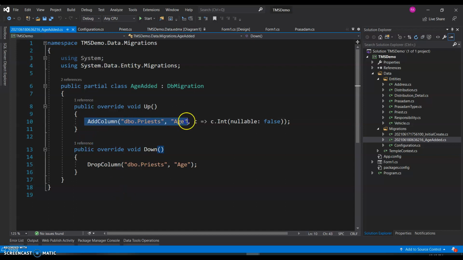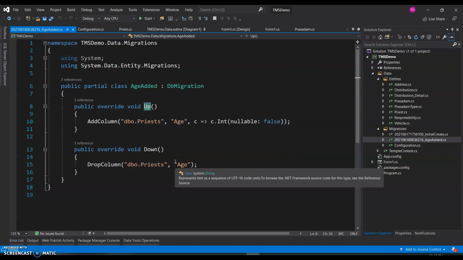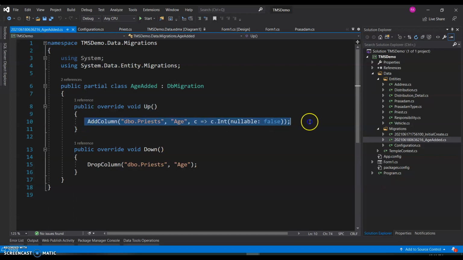Now just imagine, here I just added one property to priest. Now in real time, when the application is being processed and you are changing the project for some specific requirement, it is very unlikely that you just have one simple change. You will have a series of changes, and you will see a series of respective statements in the up method, and you don't have to remember to make a note of all those things. You don't have to worry about the order in which they are executed on the SQL Server.